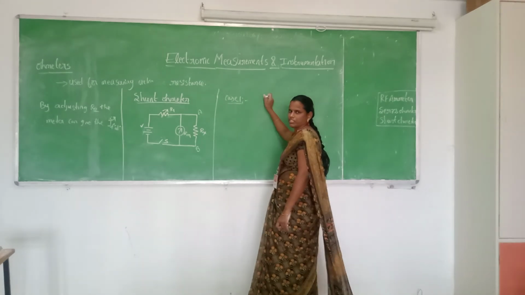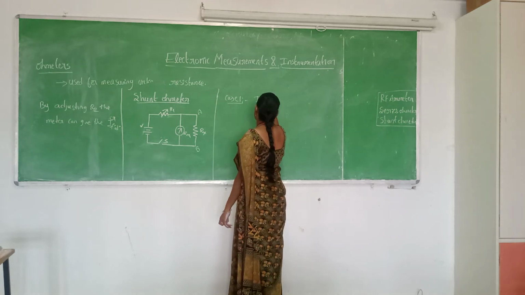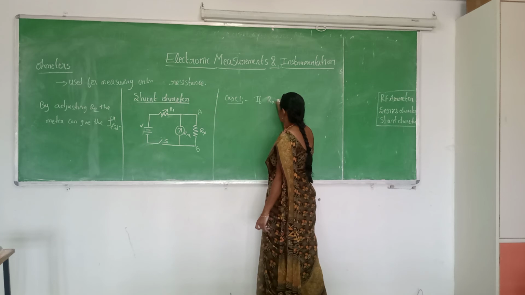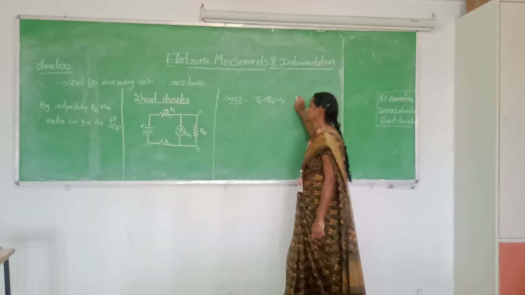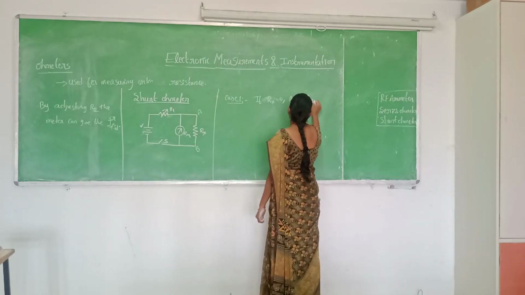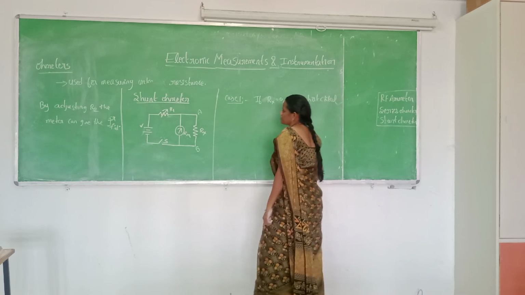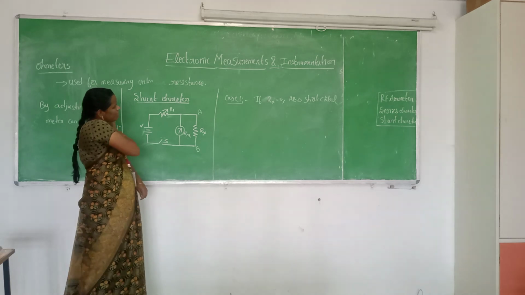Case 1: if Rx equals 0, then AB is short circuited. If AB is short circuited, then the meter resistance